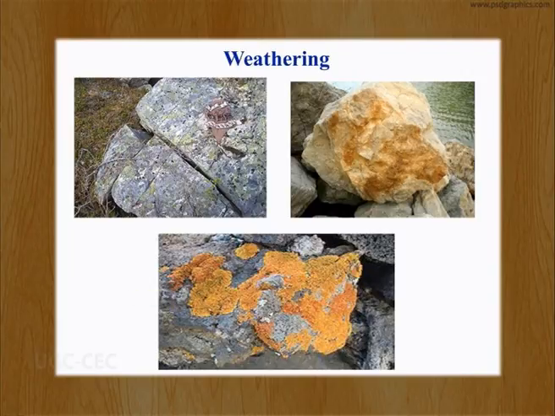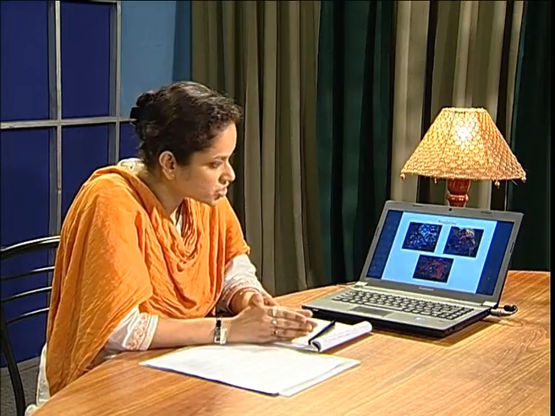Now the lichens produce enzymes which help in the disintegration of larger rocks. The role of microorganisms in the weathering process is that there is a certain group of bacteria, the so-called chemolithotrophic bacteria, which derive their energy source from the oxidation of inorganic compounds. As rocks are rich sources of inorganic compounds, these bacteria grow on such rocks, derive their nutrition or energy from the inorganic sources and help in the disintegration of these larger